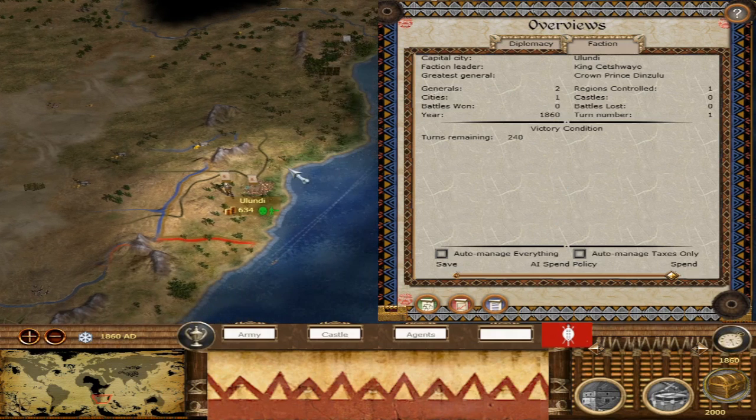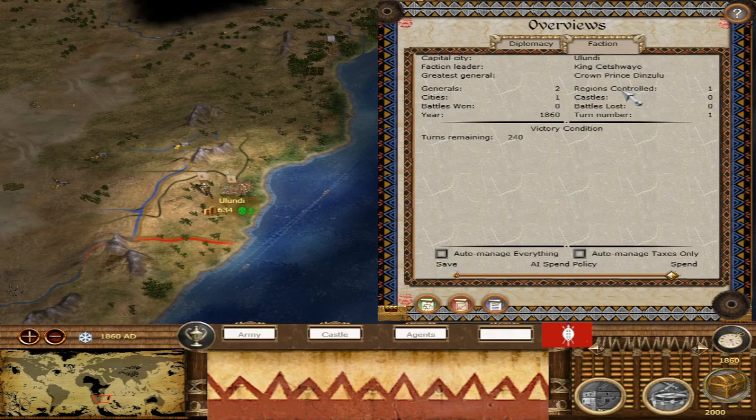This faction is an African faction, and as you can see, you can note a very different UI from all other factions. So we have the Asian factions, Islamic factions, Western factions. We know that they have different UI, but this one has this African style UI. It's very nice. So we have just one region and two generals, and the capital city is Lundi. The faction leader is King...